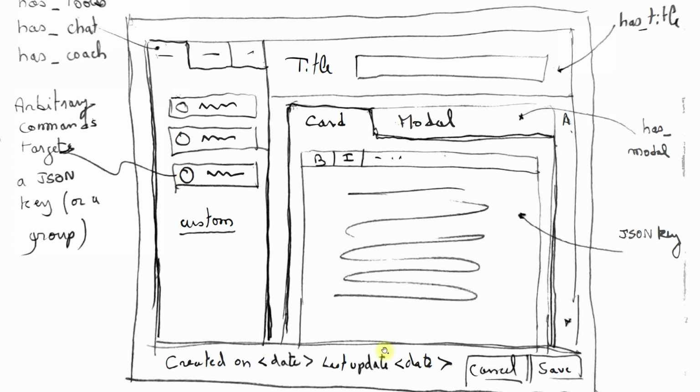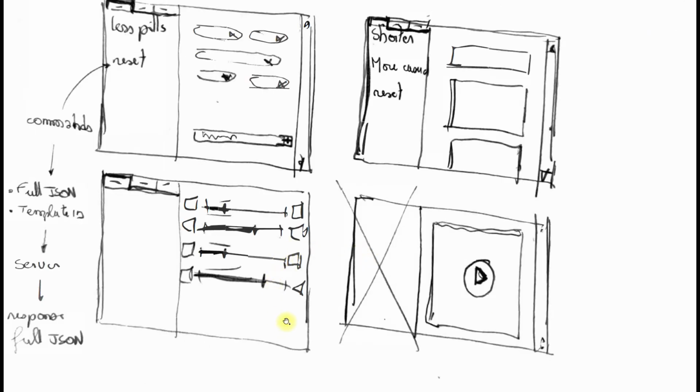Other little details. Let's show created on or created at, whatever the syntax, created on the date and last updated date and the save. And then just very quickly thinking, does it apply to a card that has video? So for now,